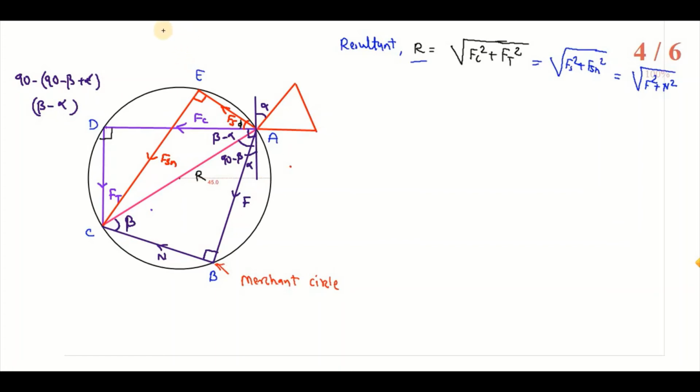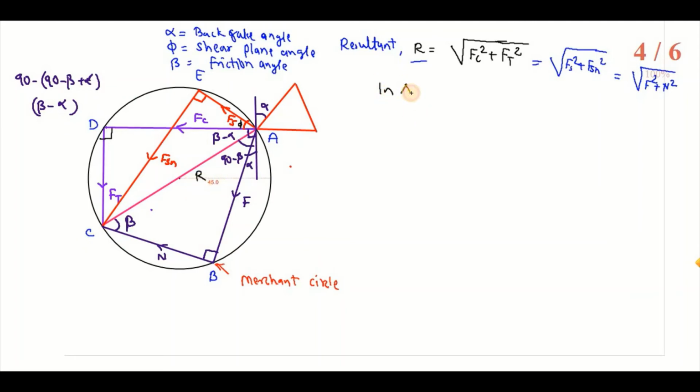And we are getting three angles. Which are the three angles? Alpha, which is back rake angle, then phi, which is shear plane angle, and the third angle, that is beta, which is friction angle. Now we are going to develop the relationship between actual forces and measurable forces. So consider first triangle ABC, which has common hypotenuse R.